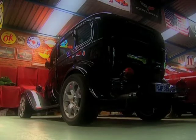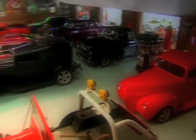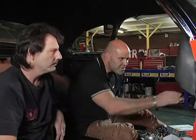Monty's motorized master garage has enough polished perfection to inspire any rodder to pump up the volume. I see we've cut a hole